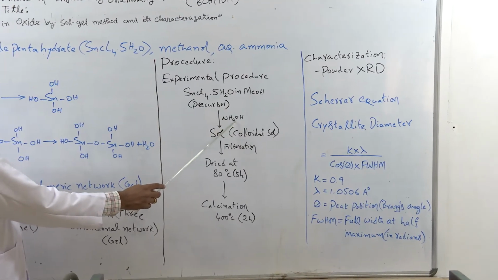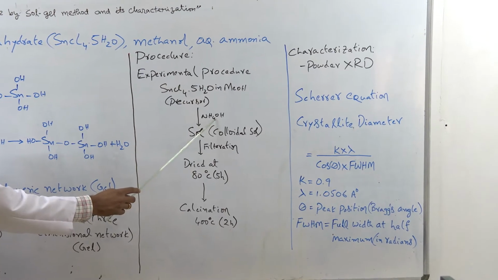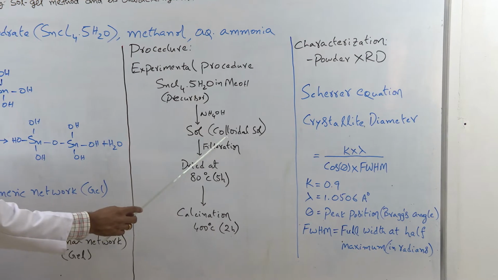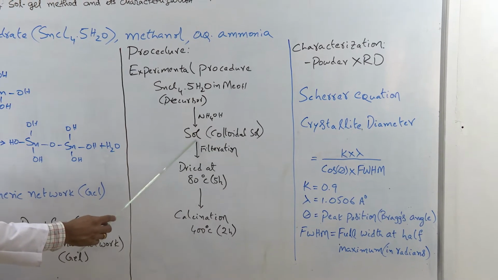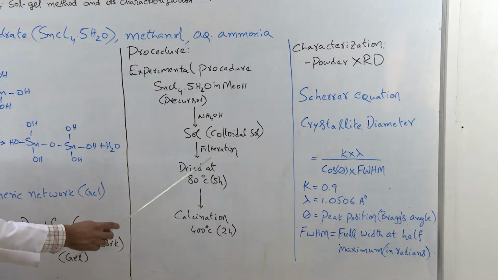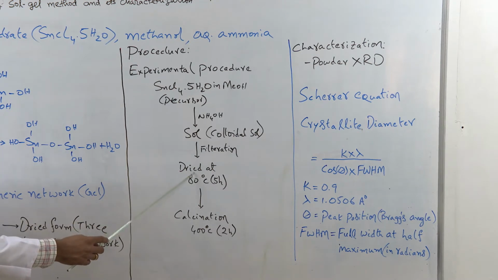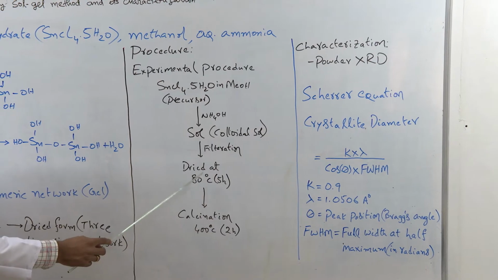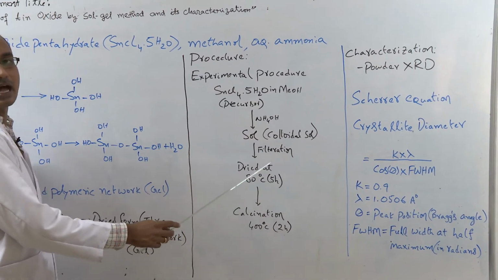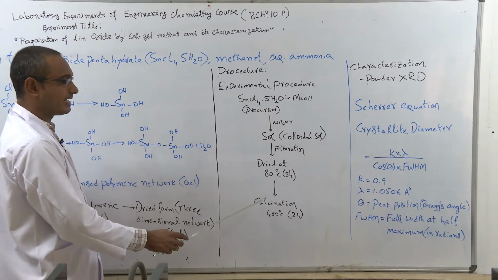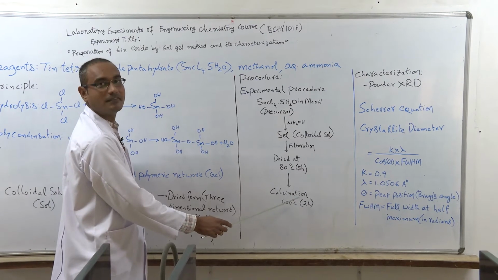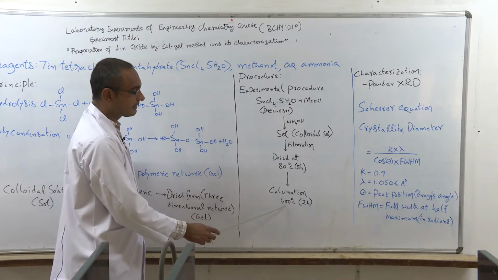and after that we are going to add aqueous ammonia dropwise. It will form the colloidal solution. After that, this will be filtered using a Buchner funnel fitted with Whatman filter paper, and that material was dried at 80 degrees centigrade in a hot air oven for 5 hours. After that, the material is ground, taken in a silica crucible and calcinated in a muffle furnace at 400 degrees centigrade